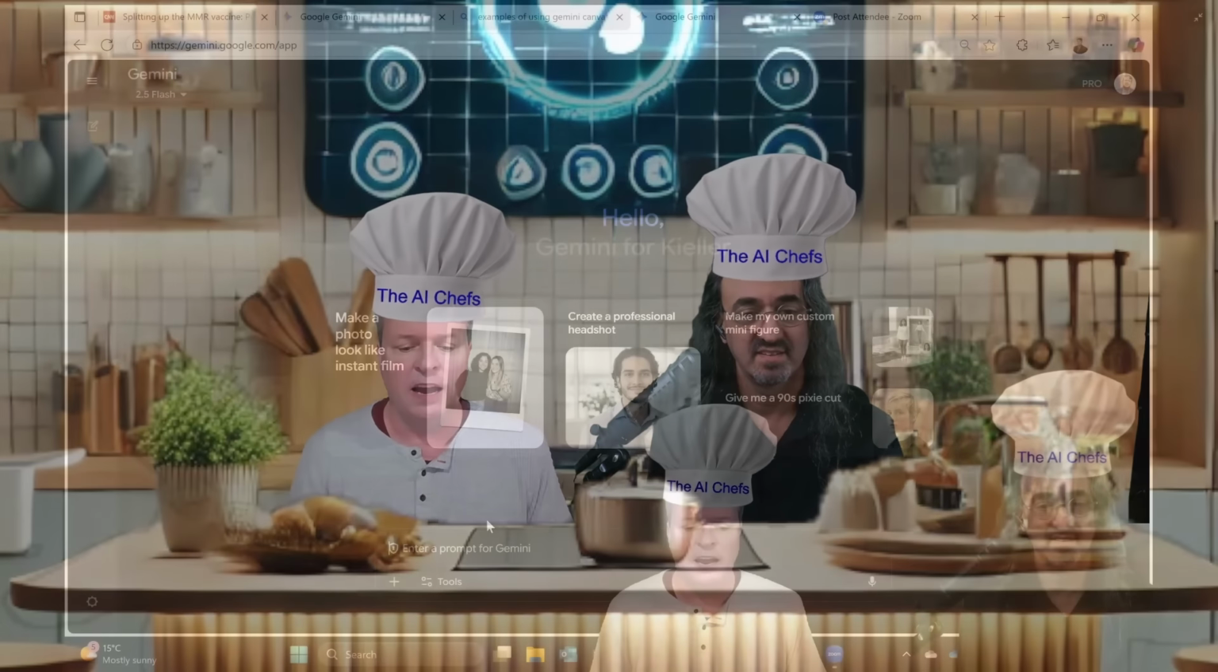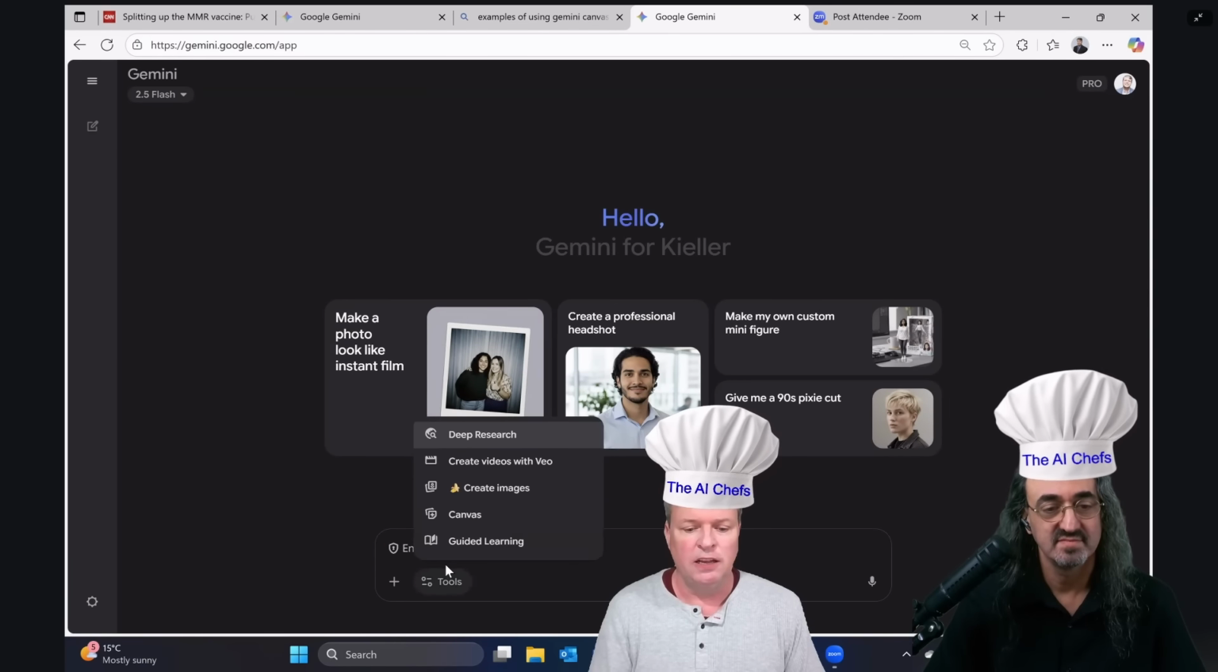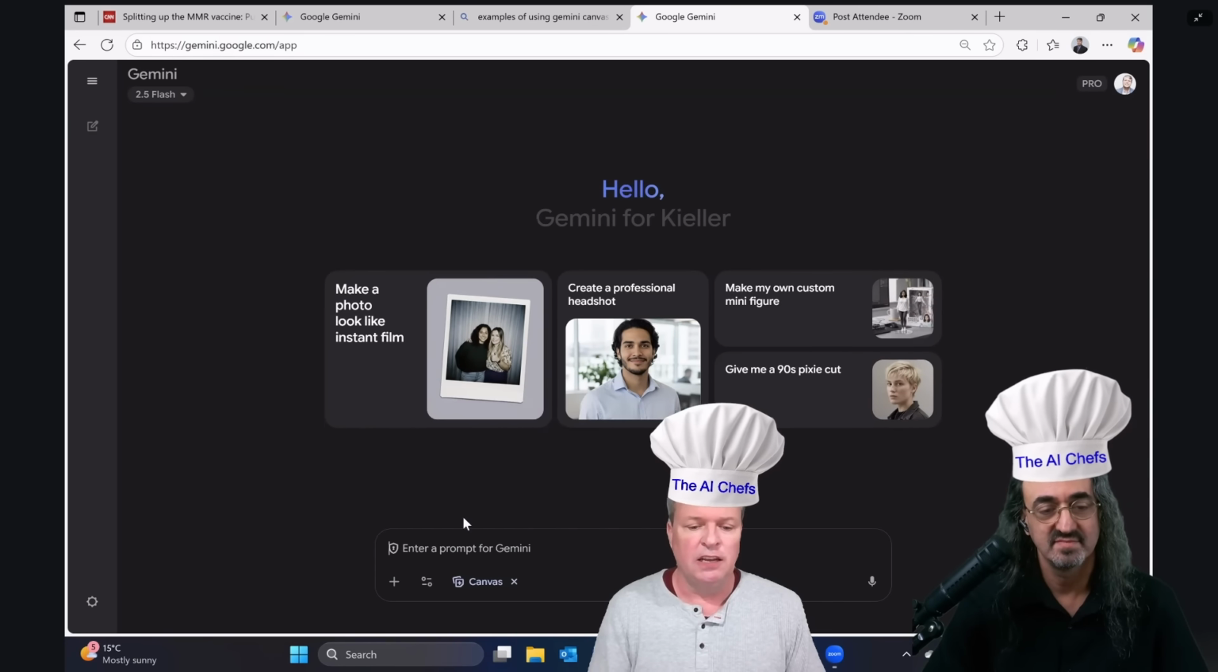So today's recipe is called canvas casserole. Yes, nice alliteration. Okay, so this is using the new Canvas tool inside of Gemini. So let's go to my screen. When you've got this prompt in Gemini, you'll see under tools, one of them is Canvas, and you pick